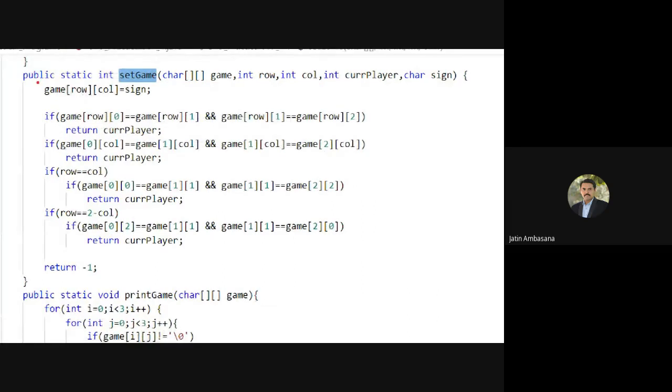It directly puts that particular sign on that row and column number. Currently we don't have the logic to check whether that particular row and column number has been assigned or not. So we directly assign it right now. That logic can be added somewhere before.